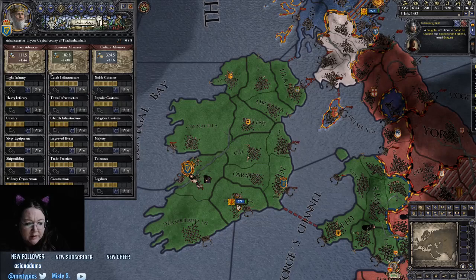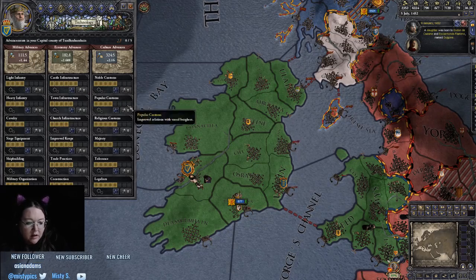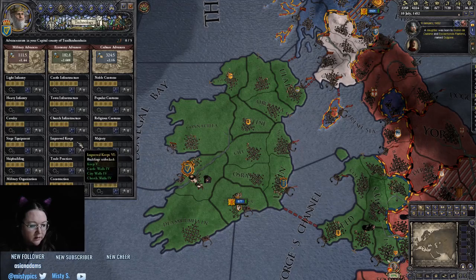If we have any points to spend in the different technology categories, we have military advances, economy advances, and cultural advances. This would be slightly blue, and you'd be able to click it to add a point there. So,